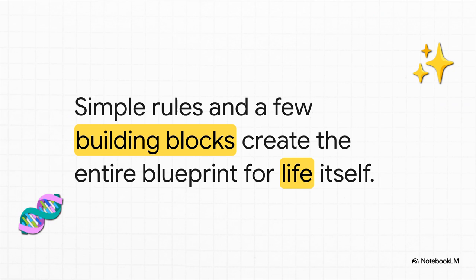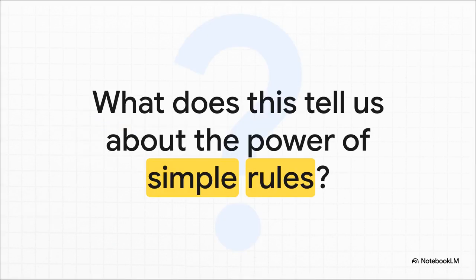You know, when you step back and really look at it, it is just mind-blowing. Out of just 3 simple little components and a handful of strict pairing rules, nature builds the entire, infinitely complex blueprint for every living organism. It's incredible. I mean, think about that for a second. The entire epic story of life, from a tiny bacterium to a giant blue whale, is written with an alphabet of just 4 letters. It really makes you wonder, what does that tell us about the profound, almost unbelievable power of simple,